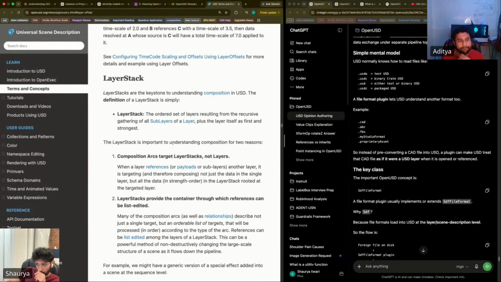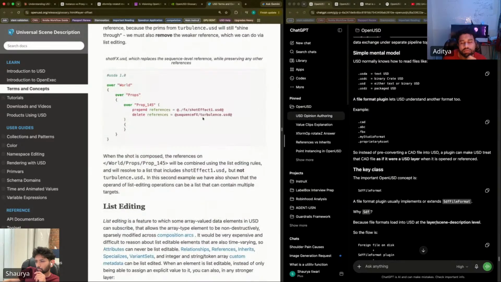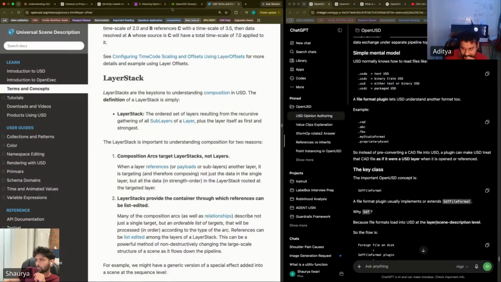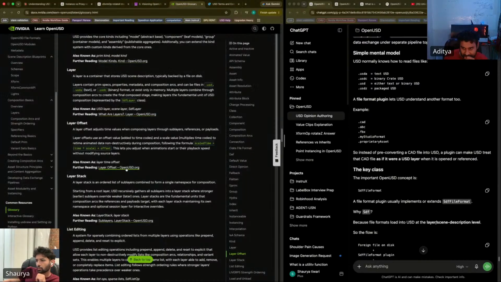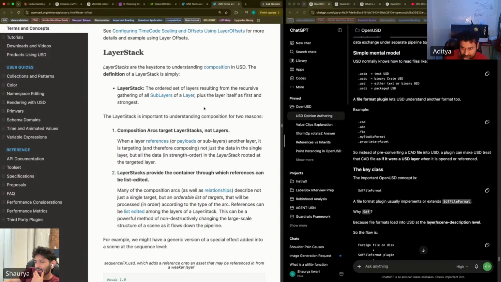Layer offset. No. Oh, what? It does not talk about any layer offset though. Layer stack, Aki.